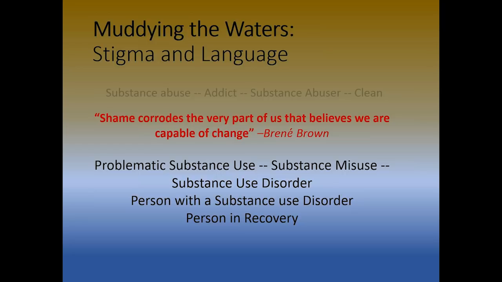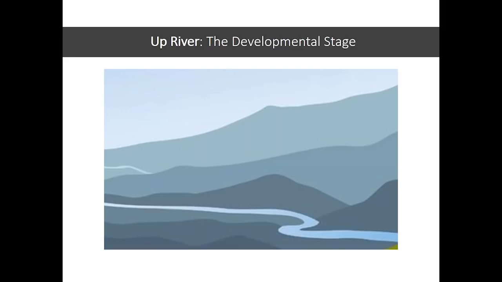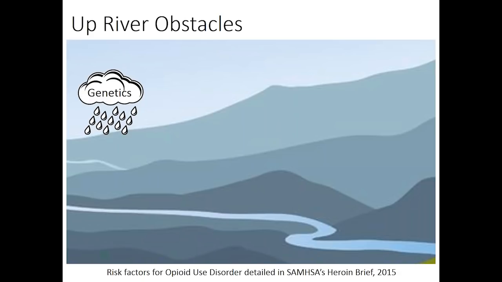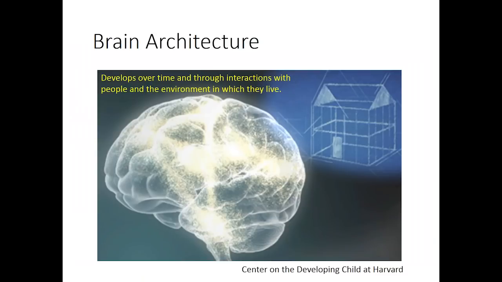So people, if you could forward the slide. People become adults through their interactions with the people around them in their environment. They really don't develop in a bubble. So likewise, brains develop over time and through interactions. The actual architecture of the brain is created through a mix of genetic, experience, and environment. If you could forward the slide.